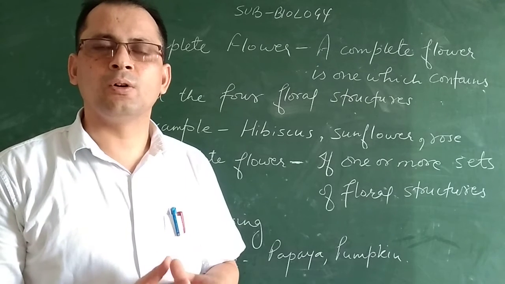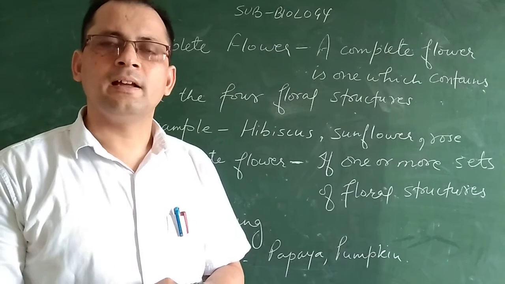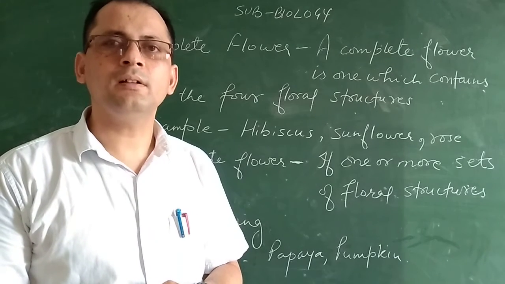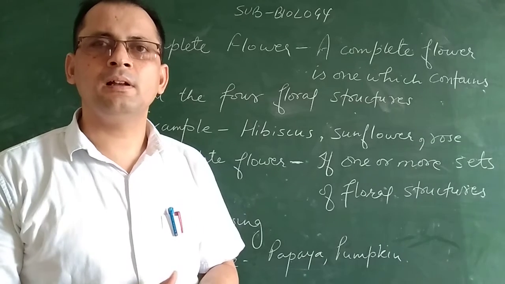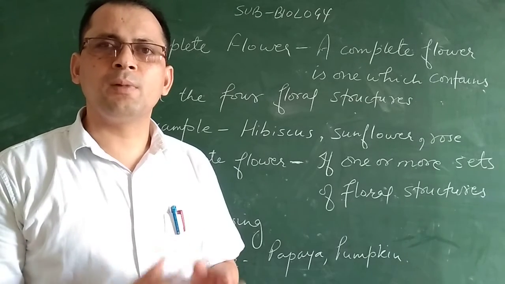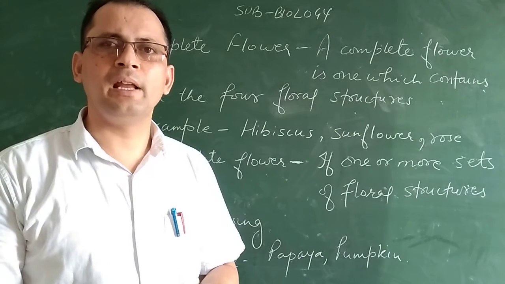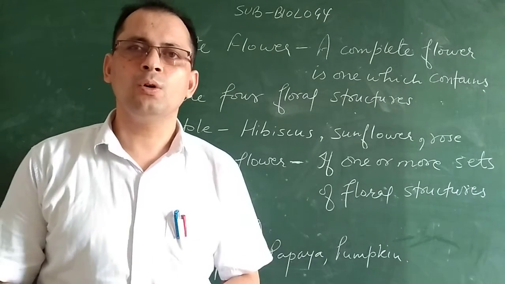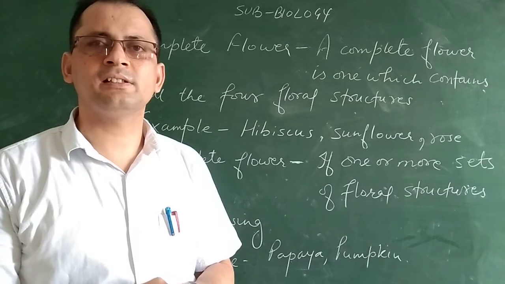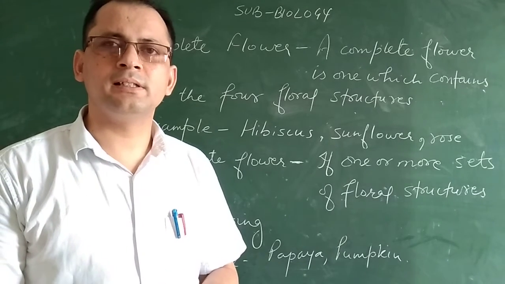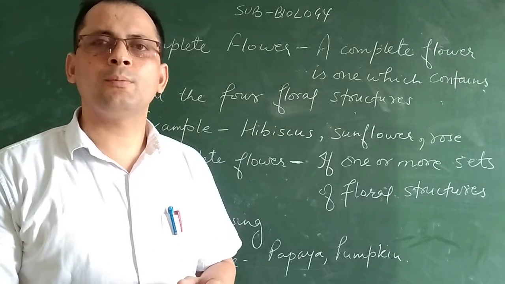is stamen. Stamen comprises two parts, that is filament and anther, and inside the anther there are pollen grains. Next beta, gynoecium, that is pistil or carpel. It comprises stigma, style and ovary, and these three together make the female part of the flower. So what is a complete flower? Like hibiscus. Hibiscus is a complete flower, means in hibiscus calyx, corolla, androecium and gynoecium, all these four parts are